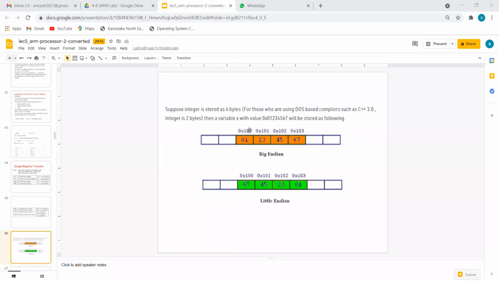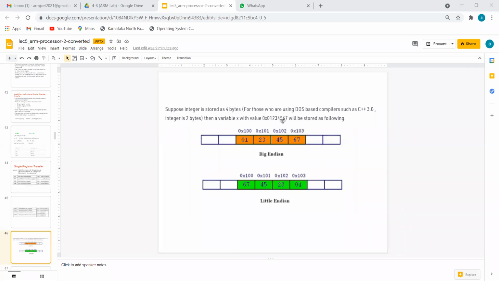Whether 100 is small and 103 is big, or 103 is small. I am checking only by magnitude. 100 is the small location, not by quantity but by its value. 100 is smaller than 103, and 103 is bigger than 100.